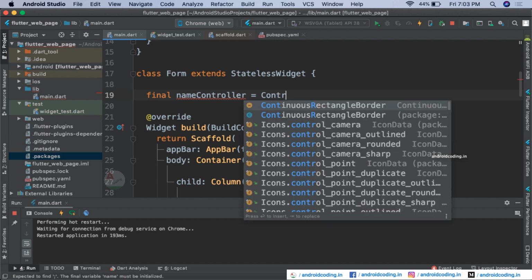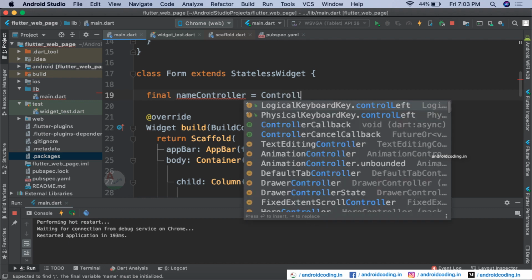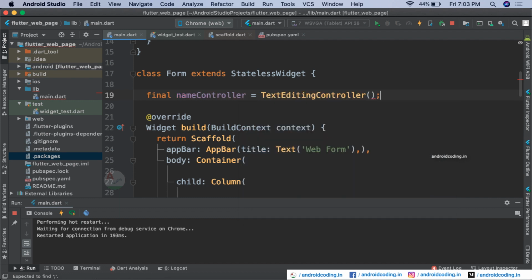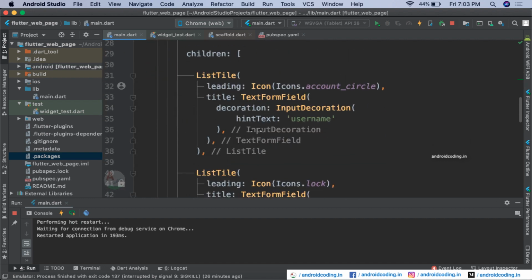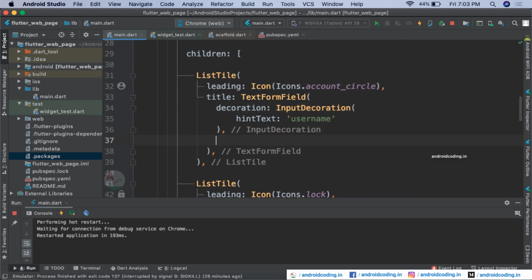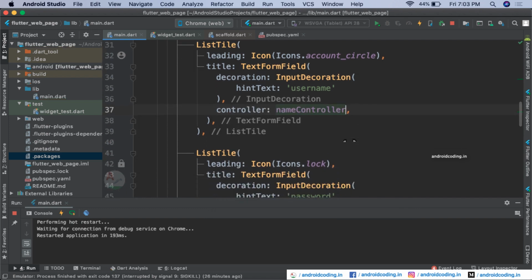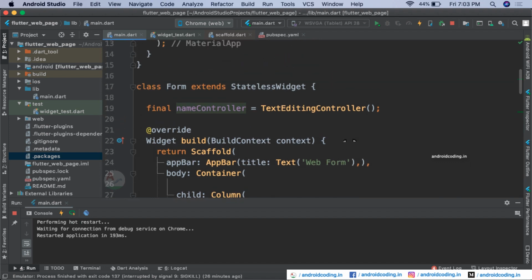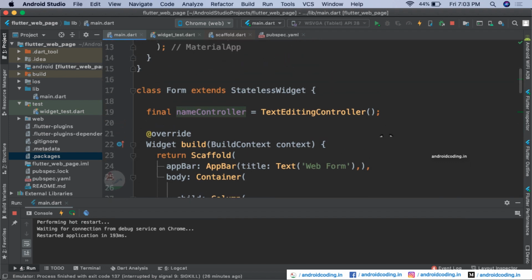So when you type controller you can see here text editing controller. So this particular controller we need to add in our code here. So after the decoration you can add the controller here. So name controller we have added here. So the same way create the other three controllers.